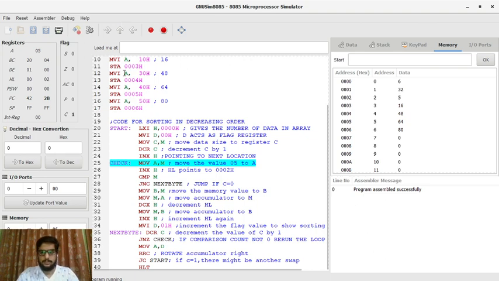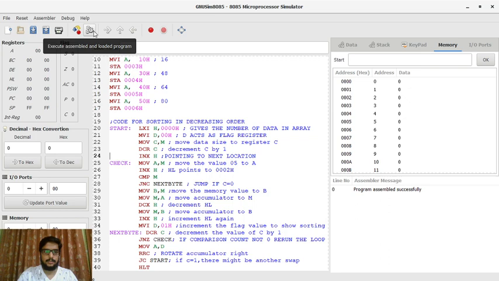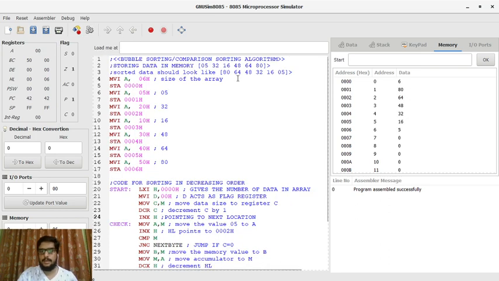So let me just execute the entire thing. And okay, on execution we see that it gets the array in decreasing order. The first value is 80, the last value is 5, which is similar to what we want.